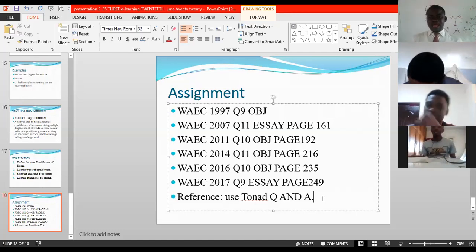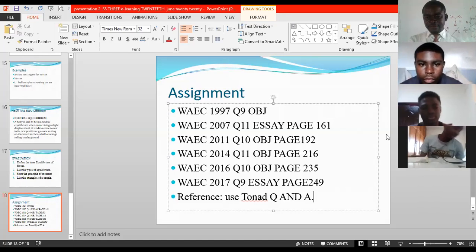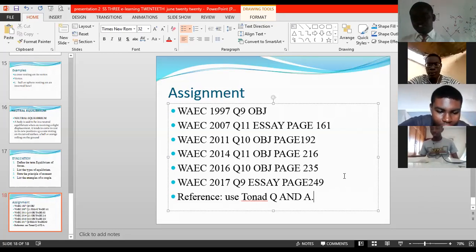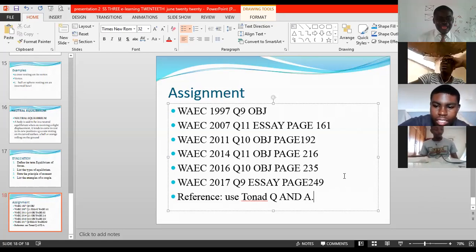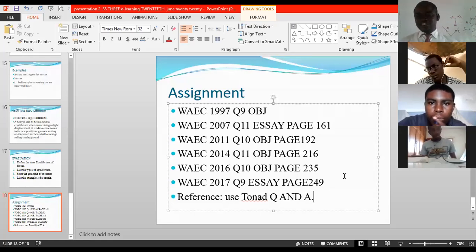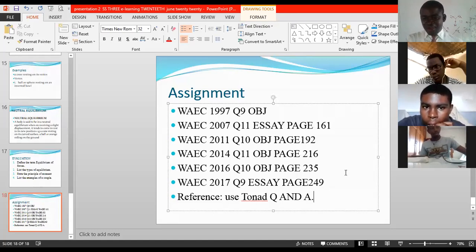Now, in the absence of any question, we'll call it a day today. In our next class, I'll continue with center of gravity, positions and locations, types of equilibrium. Then we'll solve some numerical problems. But please do this. Write it on a foolscap sheet, snap it, and send it to my contact.